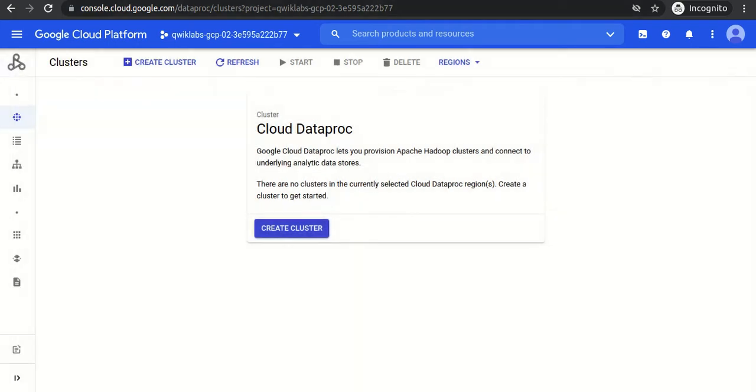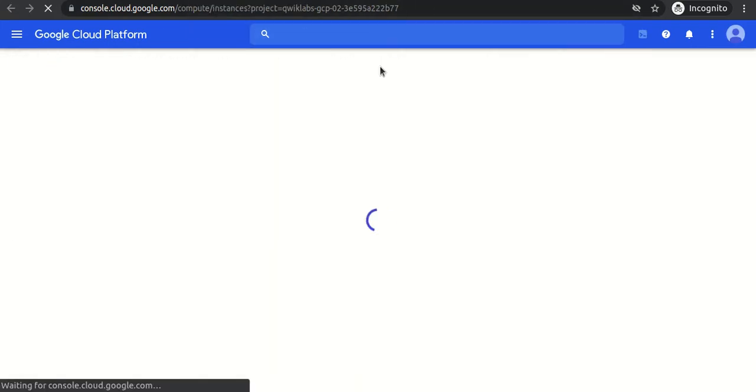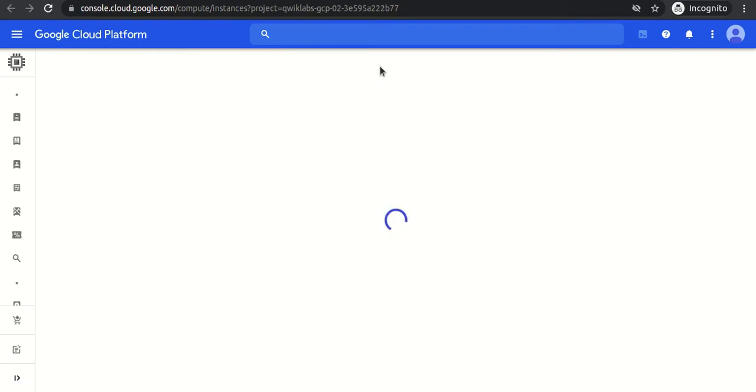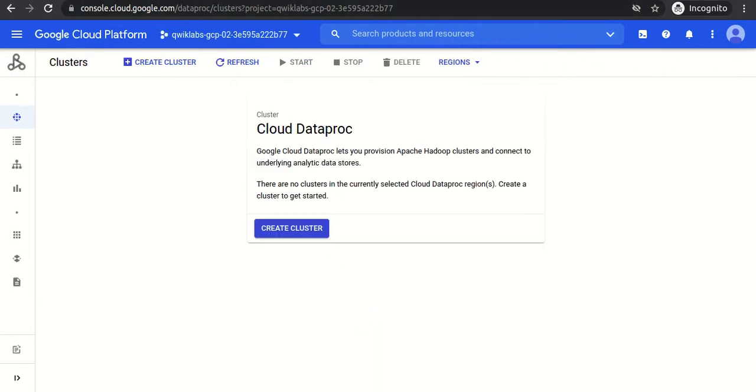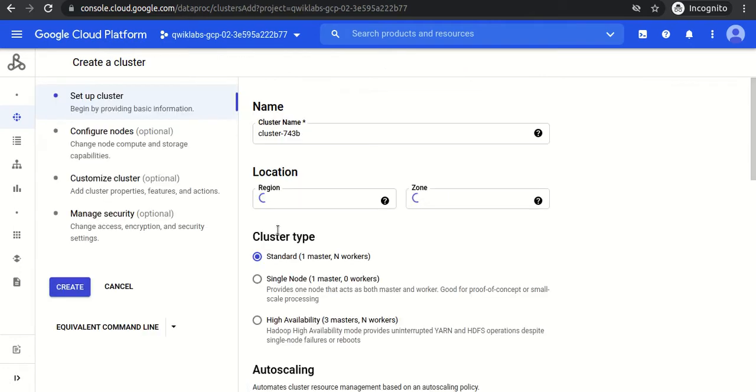So I have opened one more tab. Right now we don't have any virtual machine, right? So when I create a cluster, automatically at the back end it will create virtual machines.